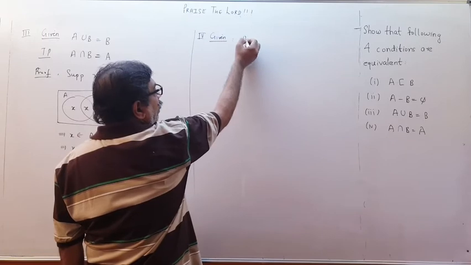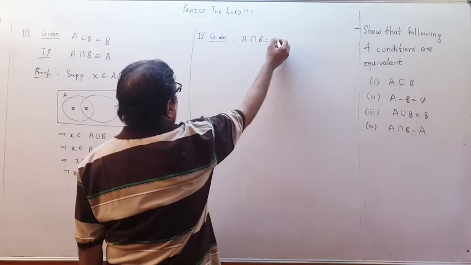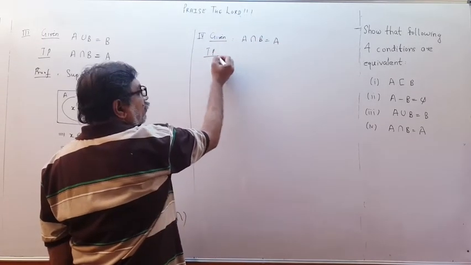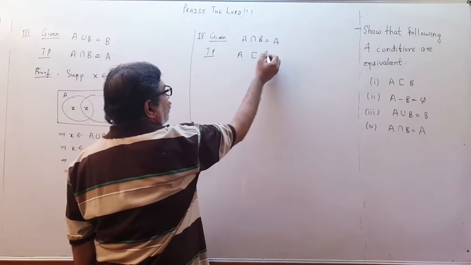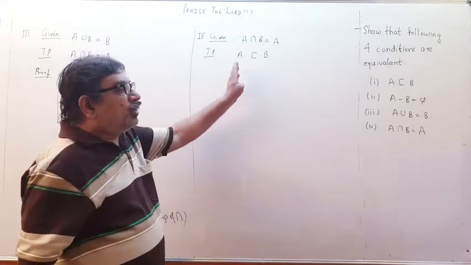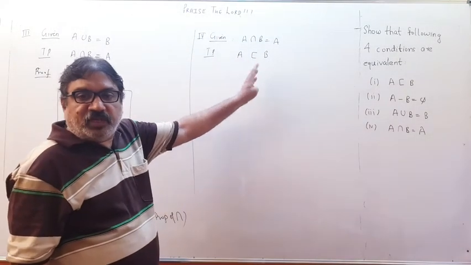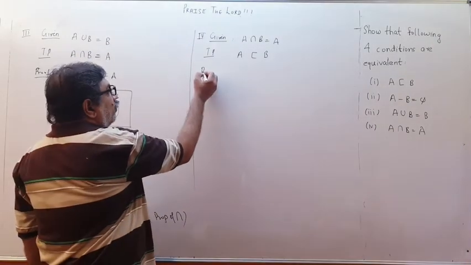Given is A intersection B equal to A. I have to prove A subset of B. So take some element over here and show that it is in B, therefore A will be subset of B. So proof,